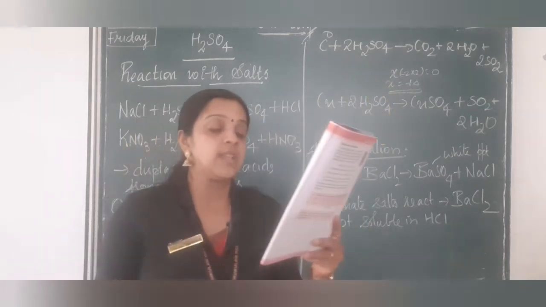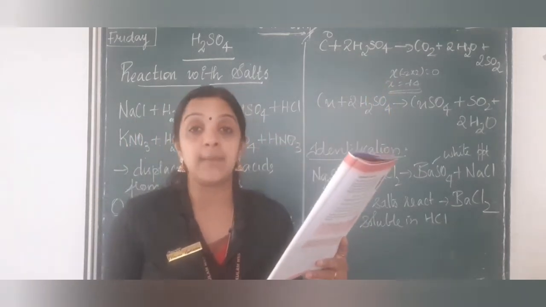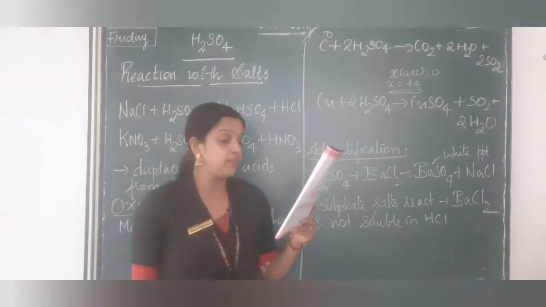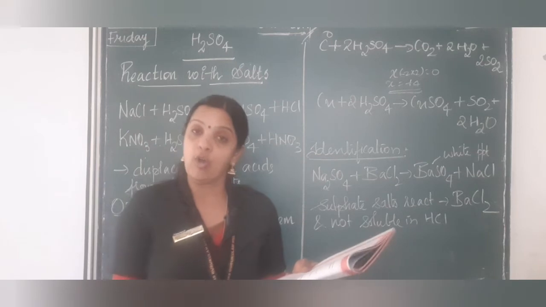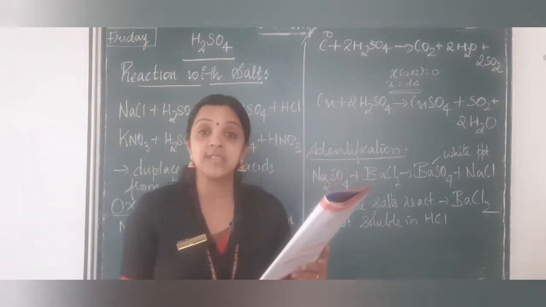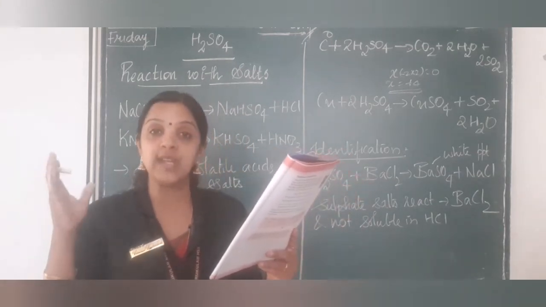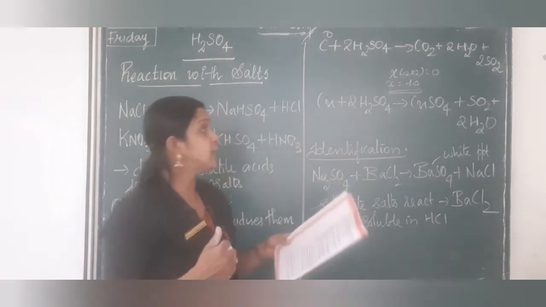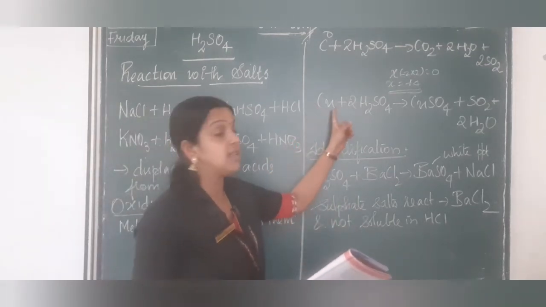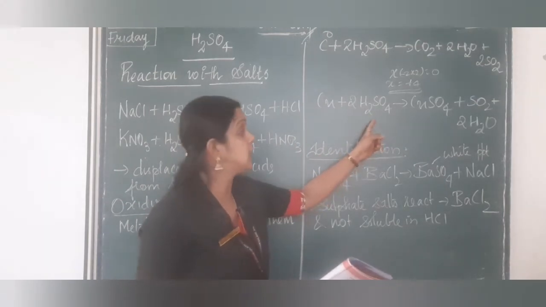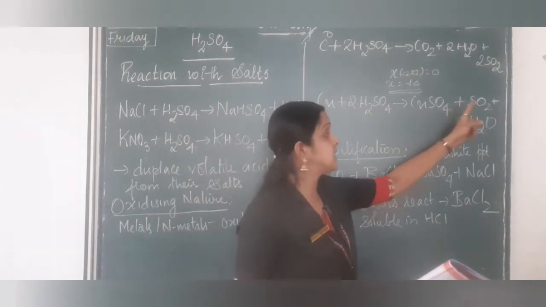What about the oxidation state of carbon in carbon dioxide? It is +4. Was carbon oxidized or reduced? It is oxidized. Which is the oxidizing agent? Sulphuric acid. If you see the next reaction with metal, copper reacts with sulphuric acid to form copper sulfate, sulfur